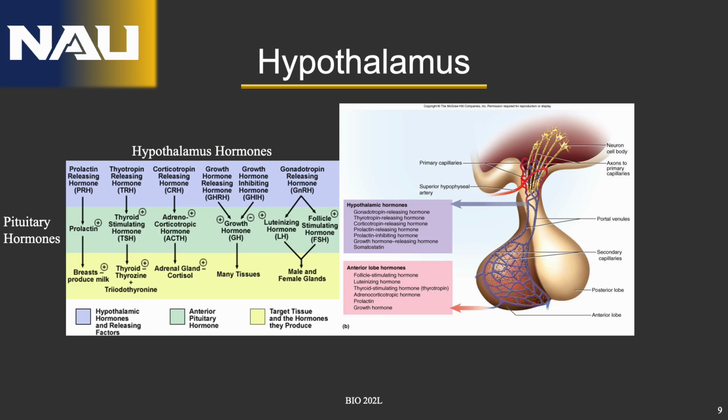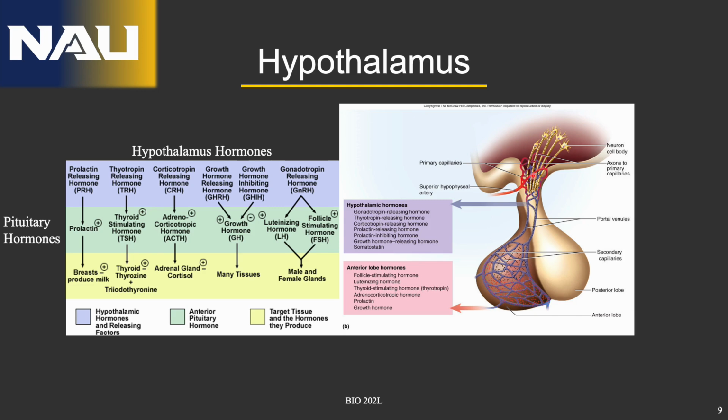So here we see a diagram illustrating the connection between the hypothalamus and the pituitary gland, and a chart showing the various hormones regulated by the hypothalamus and their respective functions in the body. You're not expected to memorize all of these regulatory hormones, but it is important to know where and how the pituitary is regulated. So up here we have the hypothalamus, we have the neurons there connecting into this portal system,